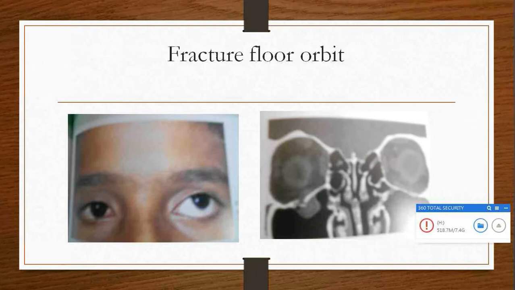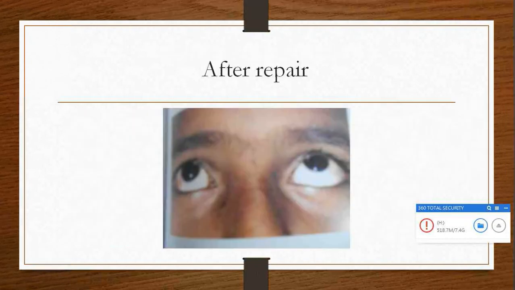So all this major surgery you can do from a 4 mm incision, which can be hidden in the crow feet at the lateral canthus. So after repair, you can see the child has regained the elevation, and the scar can be hidden in the lateral canthus or crow feet. The natural creases which will be present whenever you wrinkle your eyelids. You will see crow feet at the lateral canthus. You can hide the scar in that crow feet.